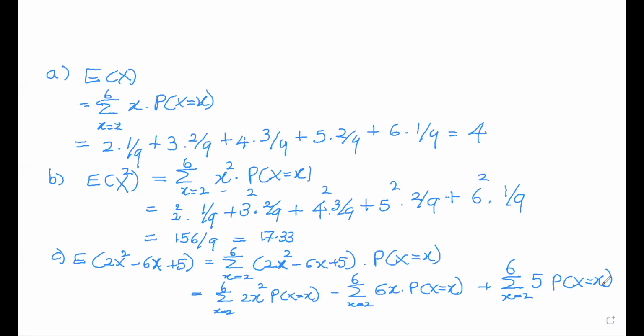So you can separate this one into 3 parts and get 2, 6, and 5 out and find the expected values as before. Or else, there is an easy way to find that, right? So we know that this is equals to